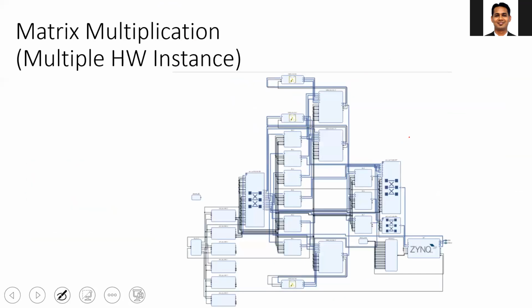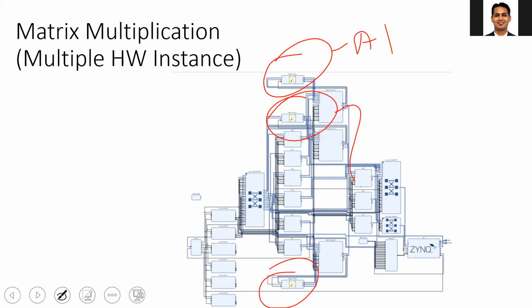And now if you look at the Vivado block diagram, you can see that I have the 3 IPs available. You can see that for approach 1, I'm not implementing in the hardware, so there is no IP. For approach 2, I'm implementing the 2 matrix multiplications using the same IP. So you can see that this is approach 2. And for approach 3, I'm implementing the 2 matrix multiplications using the 2 IPs, and you can see the corresponding 2 IPs. So approach 3 will lead to more resource utilization, but better execution time.